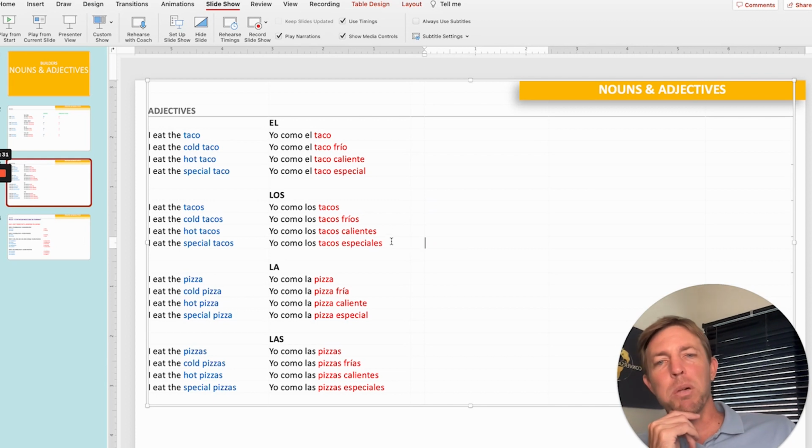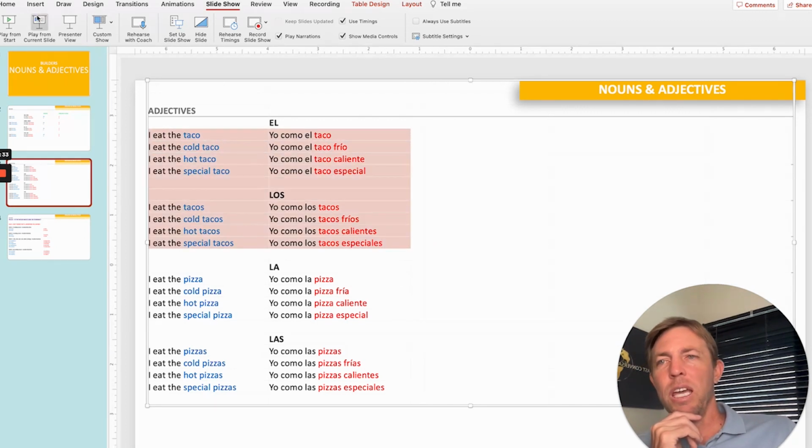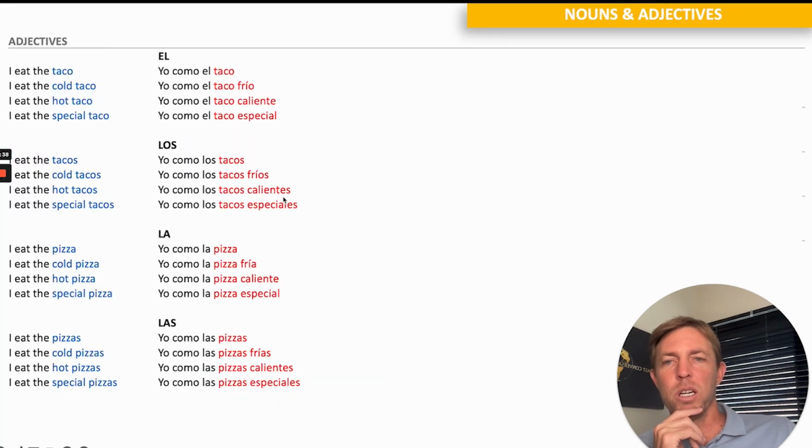Okay, so we've got the plural thing going on, and we've got the adjectives matching the nouns, so that's good. Now let's move on down here, and now we're changing the gender to the pizza. Let's see how that impacts the adjectives. When we go from masculine adjectives, now same adjectives, but with a feminine noun. Masculine noun, masculine adjectives. Feminine noun, feminine adjectives. Let's see what that does.